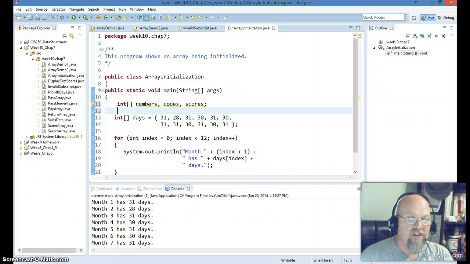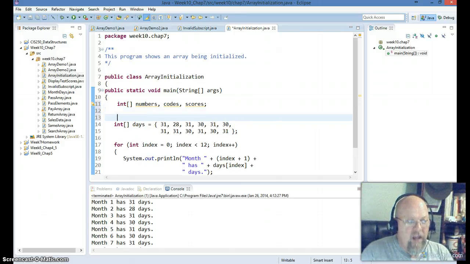So we're basically saying, now the one thing we have, so right now here's something we do not know. We know we have 3 arrays. We know the data type of those 3 arrays. So we've created a blank ice cube tray. We don't know how many elements are in each tray. We've got a numbers tray, we've got a codes tray, and we have a scores tray. So at this point we have no idea what we need to do there. So what we could do down the road is I could say